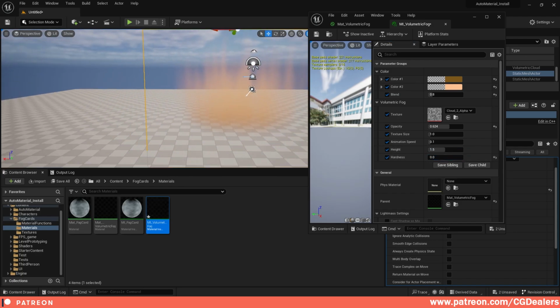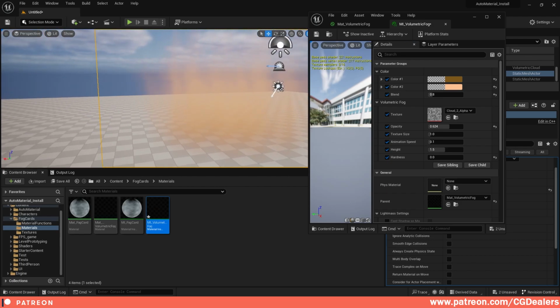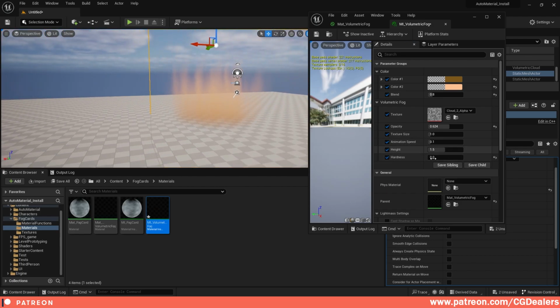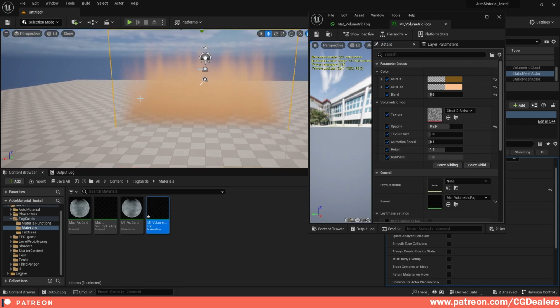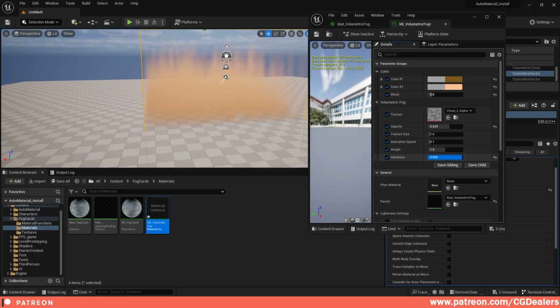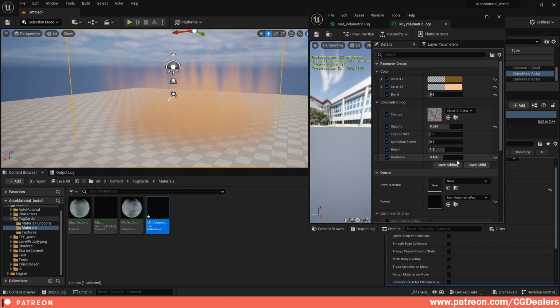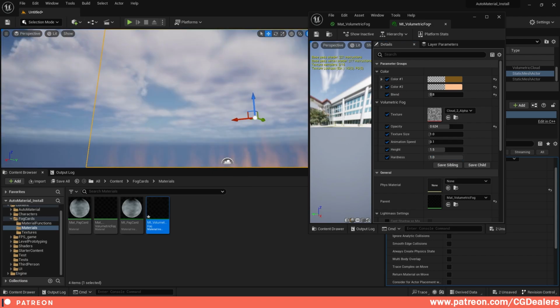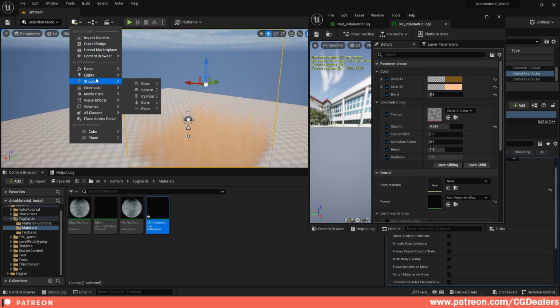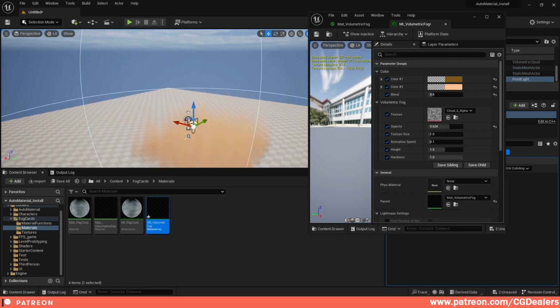We control how hard the edges of our fog are. You can create it pretty hard. It will cover all the cube, or you can make it a little bit softer, right? Like that, okay? The next cool thing is that when you create a light, let's say a point light, and